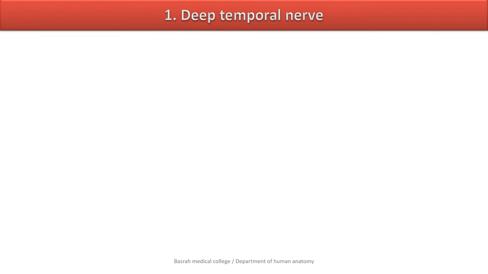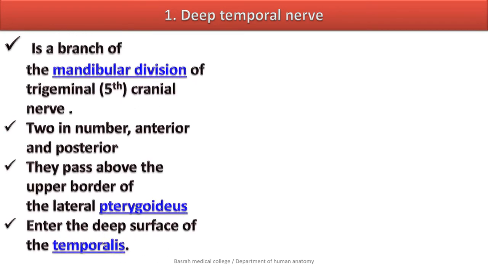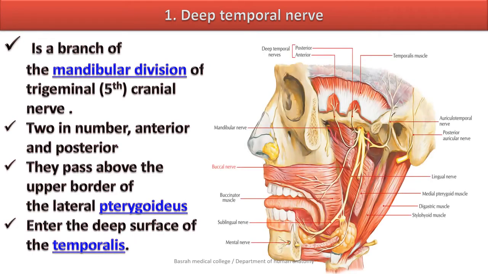The first one is the deep temporal nerve, which is one of the branches of the mandibular nerve, which is a division of the trigeminal nerve, which is the fifth cranial nerve. This is the mandibular nerve. The deep temporal nerves are two in number, anterior and posterior. They pass above the upper border of the lateral pterygoid muscle and then enter the deep surface of the temporalis